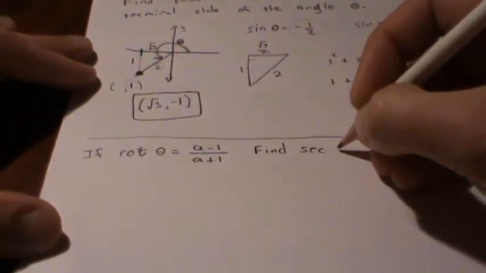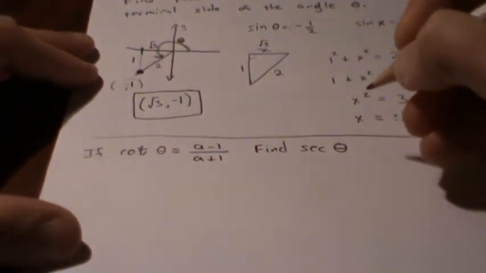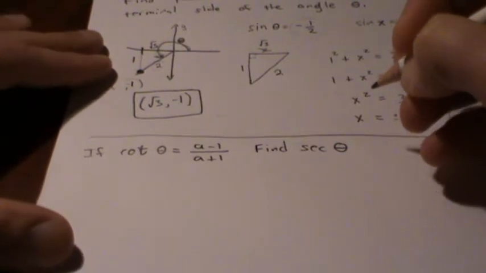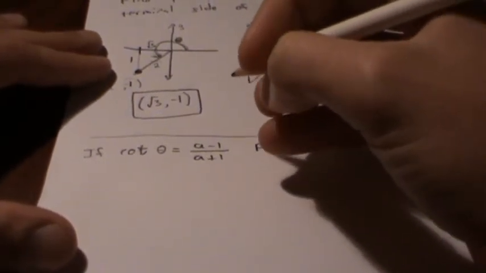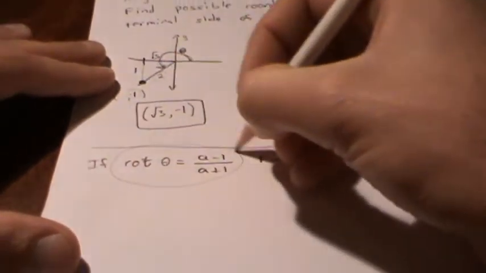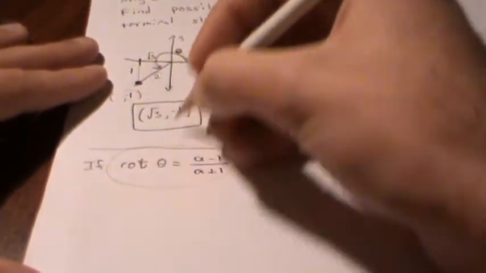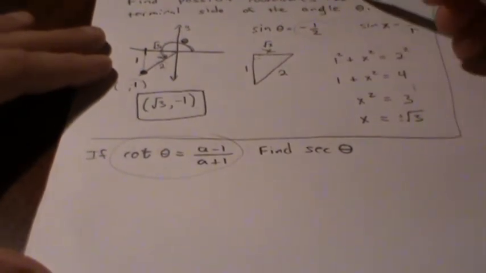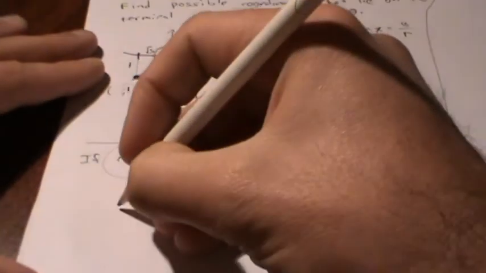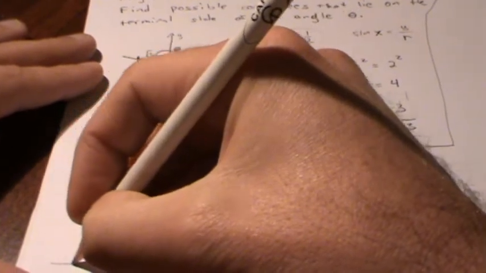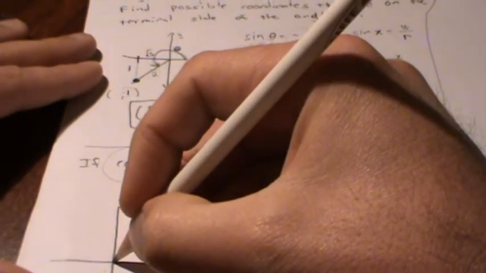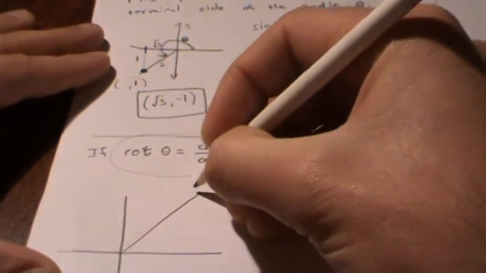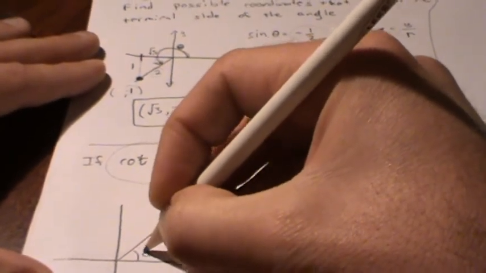Find the secant of theta. And so, since I know that the cotangent of an angle, I'm just going to use the first quadrant for this question because it doesn't say that I have a specific quadrant here. So I'll stay in the first quadrant and I'll say that angle theta,